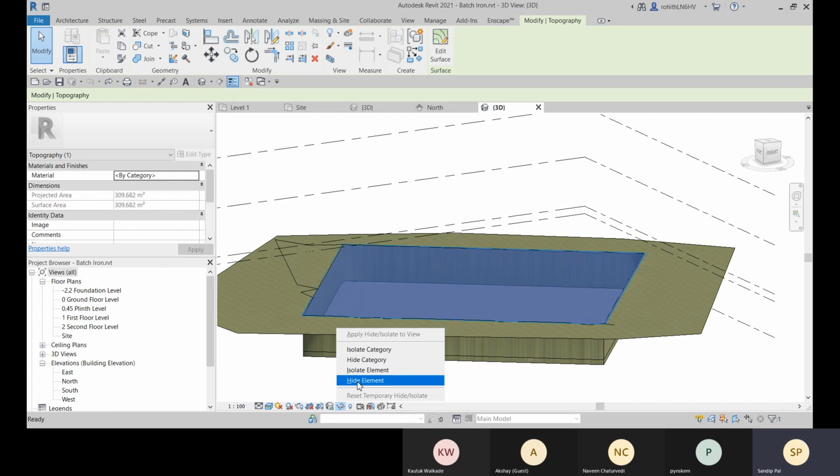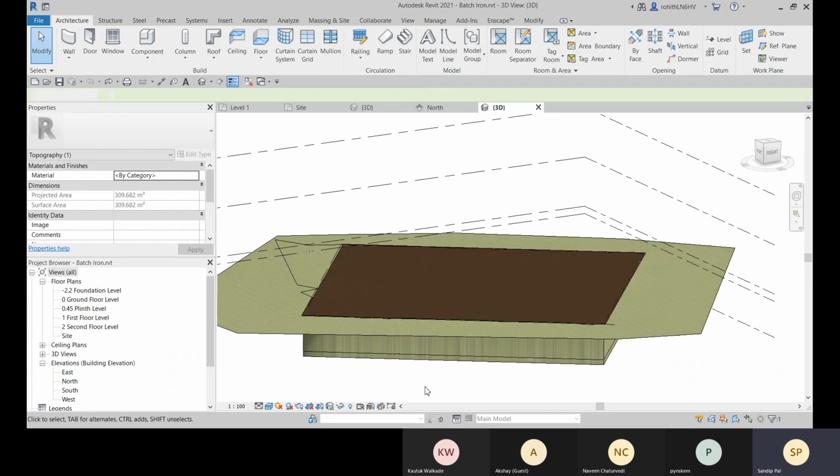For this hide element, HH is the shortcut, and for isolate element, you have HI. Isolate means the selected one will be visible and the unselected elements will be hidden. So that is the isolate element.